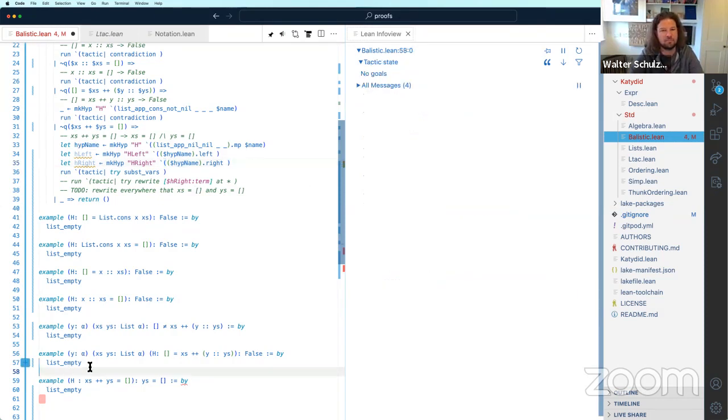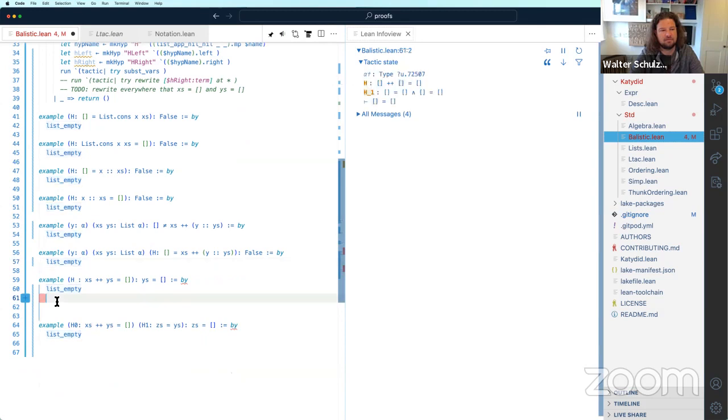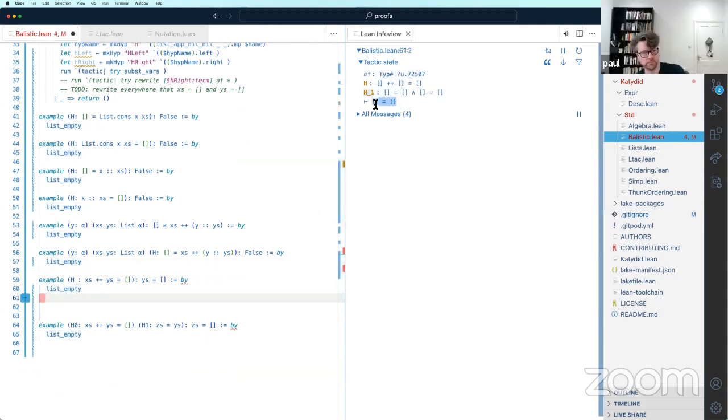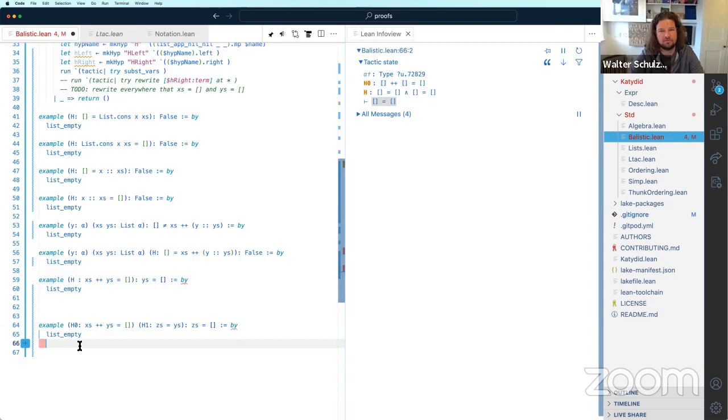And this is a very reasonable place to be. Same thing here: once you've substituted the variable, there's no reason to keep it around anymore.